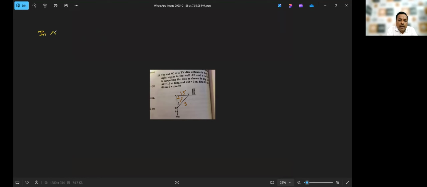Pythagoras theorem यूज करेंगे इन ट्रायंगल DAC, और AD पता चल जाएगा। CD स्क्वायर इज इक्वल टू AD स्क्वायर प्लस AC स्क्वायर बाय पाइथागोरस। तो 3 स्क्वायर, AD नॉट गिवन, AD स्क्वायर एंड AC दैट इज 1.5 स्क्वायर। सो 3 का स्क्वायर 9 है, और 1.5 मीन्स 3/2।